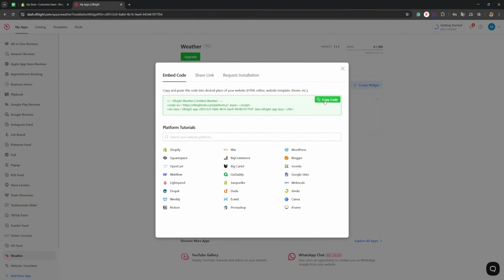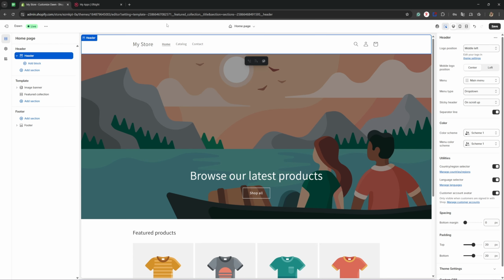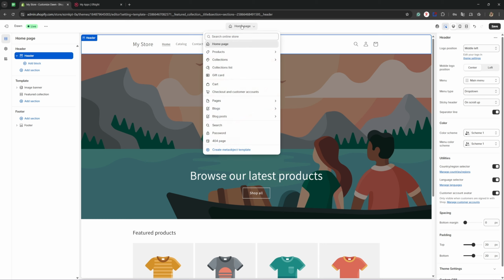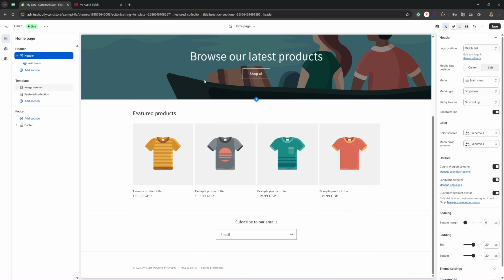And now it's time to head back to our Shopify website designer. To add this widget to your Shopify website, start by going ahead and choosing what page to add it to. You can do that right here. In my case, I'm going to go ahead and add it to the home page. From here, you need to choose where you want to add it on the website. I'm going to add it to the midsection of my page right here, and that's on the template on the